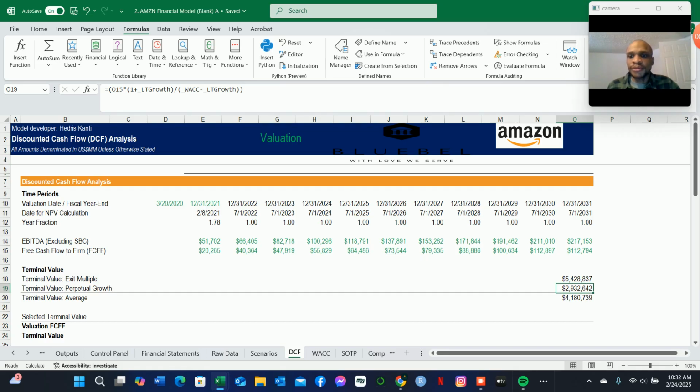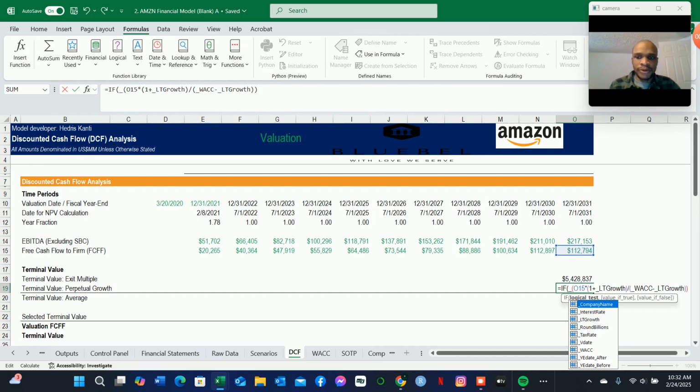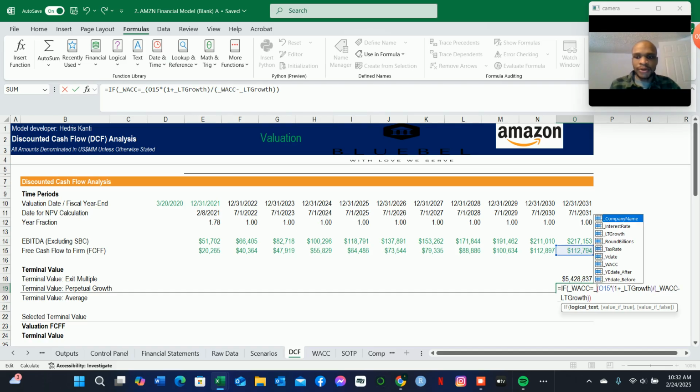So let us revise this formula for the golden growth model. If we state the formula at the beginning, just an if statement, that if the WACC, so underscore WACC, is equal to the long-term growth